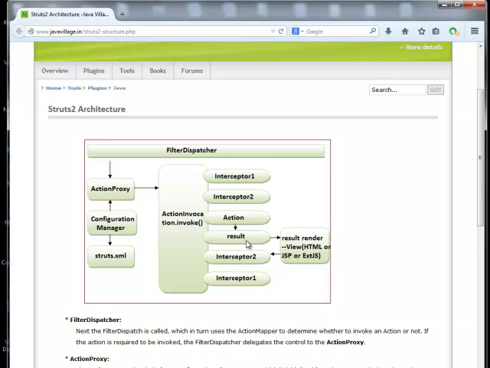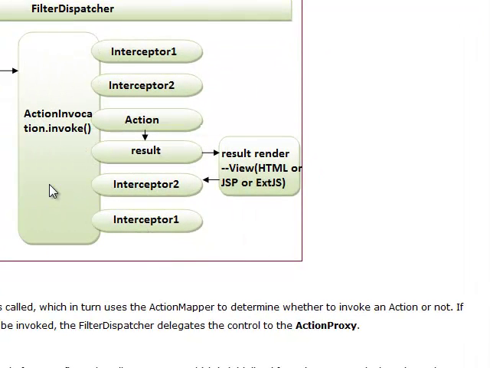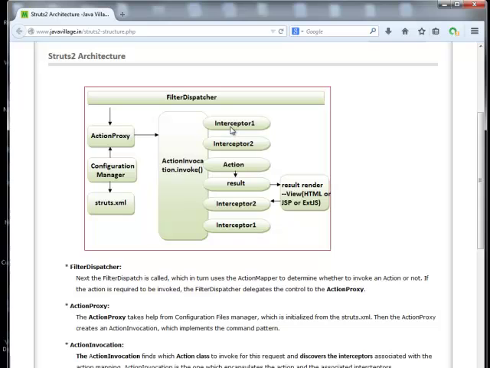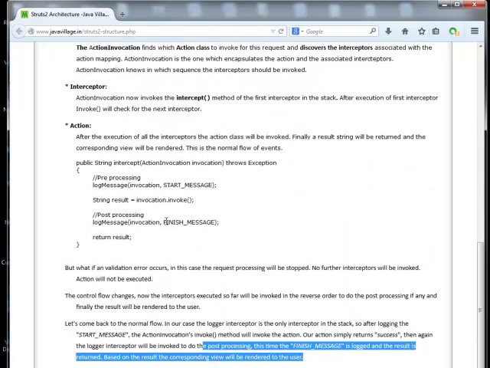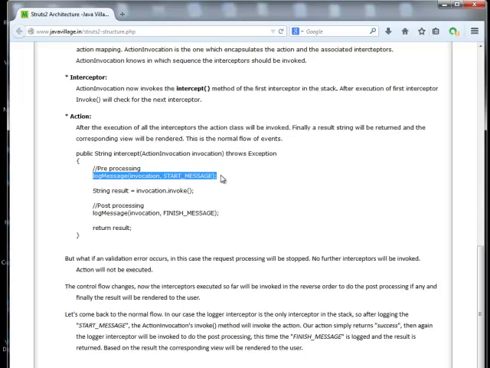For a specific failure, a specific JSP needs to be called. We'll have different view files based on the result. So after this result, based on the view format, it will call interceptor 2 again, and then it will call interceptor 1. So the interceptors' execution will be first 1 and 2, and then execution will be 2 and 1. We'll have different messages where it will identify the start message of execution and the finish message of execution. If you see, this is the interceptor method where it will call